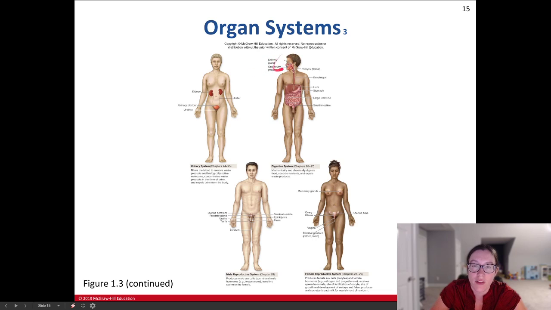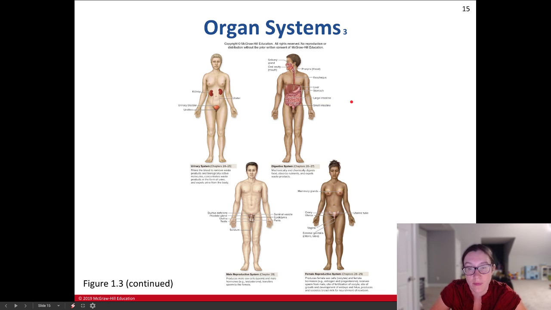It starts with the mouth and the oral cavity. We've got teeth and salivary glands, then go down to the esophagus, our liver, which is an underrated organ but very important, our stomach, and large and small intestines. In the digestive system, we're ingesting food and then breaking it down to absorb all of the nutrients and energy that we can get from that food. Another important function, especially of the large intestine, is getting rid of